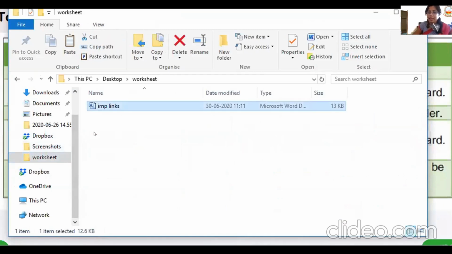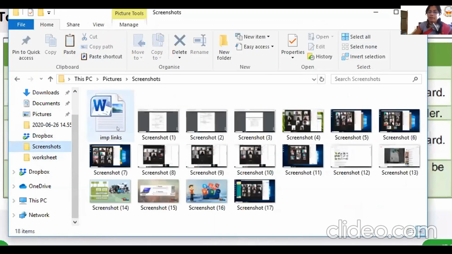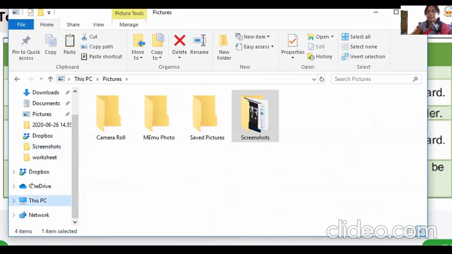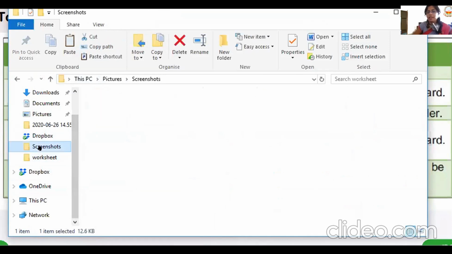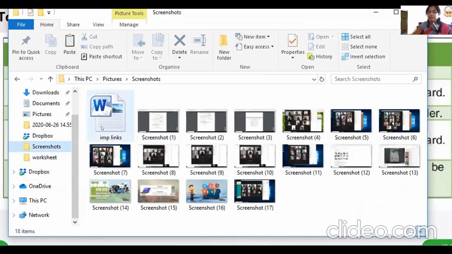So my main important link file was in folder worksheet. In the worksheet folder, this was there. Now, okay. But also I have one copy of it in important links. That means my file is available on the original location also, and my file is available on the new location.